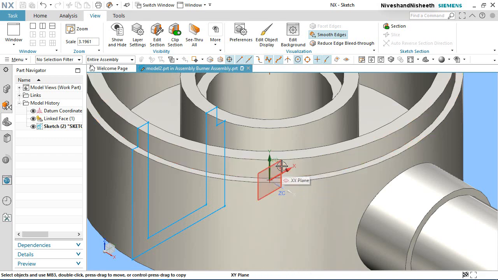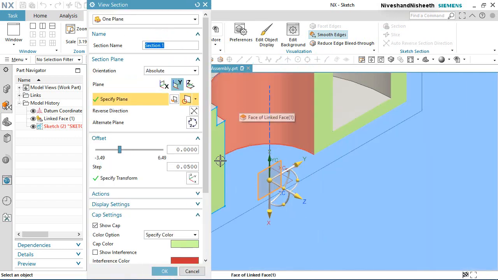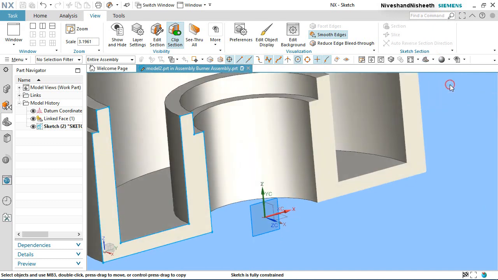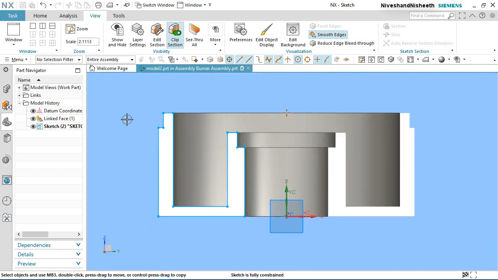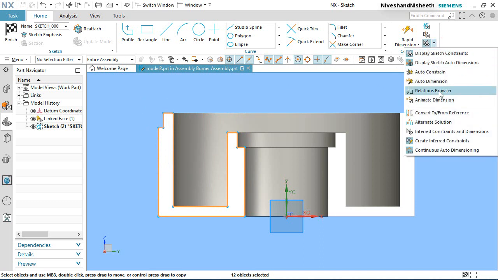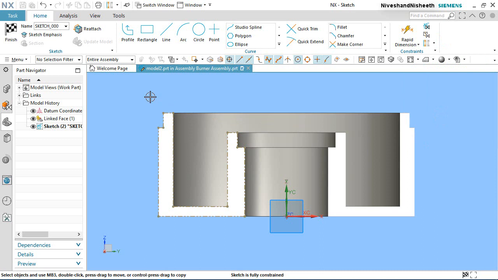Select the YZ plane and activate the section view command. Choose right view. Select all these sketches and convert it to construction geometry by using convert to reference command.